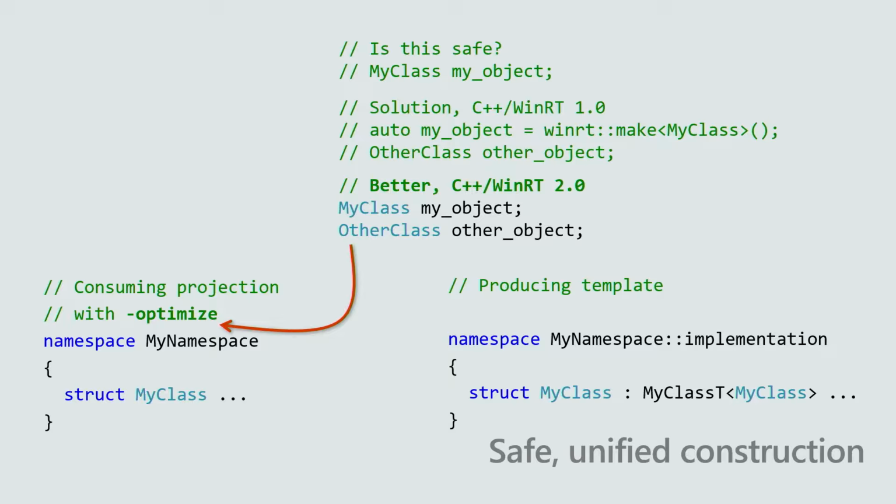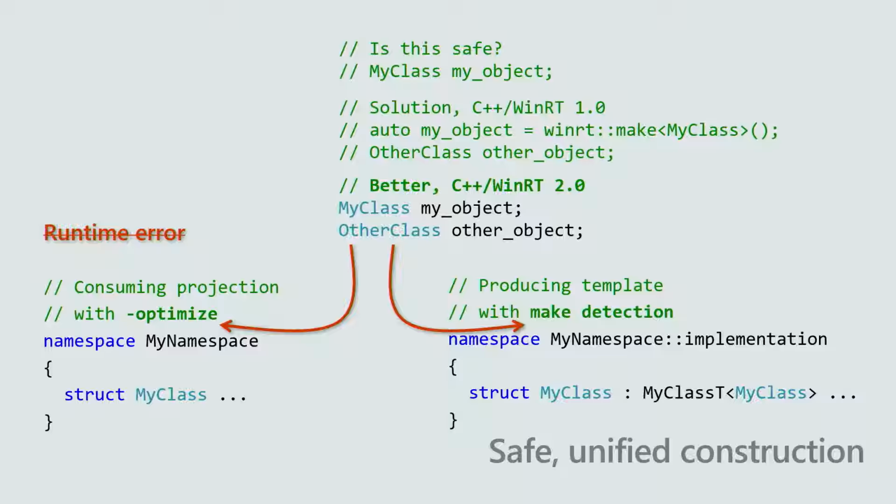The way that we make this work is with a new flag, the -optimize, when we run CPP WinRT. And I'll talk a bit more about why we called it optimize, but one of the things that does is it unifies the constructor pattern. And with the result that we've now eliminated entirely that row get activation factory runtime error.